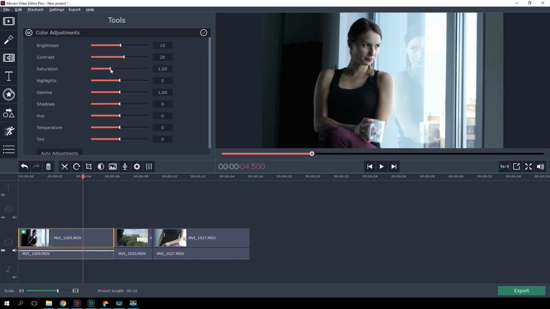Saturation changes the depths of colors. Let's go a little higher, but don't overdo it, or the colors will start to clash violently. Using this parameter, the image can also be made very dim, or in shades of gray.